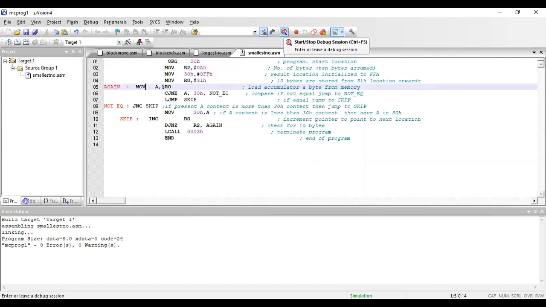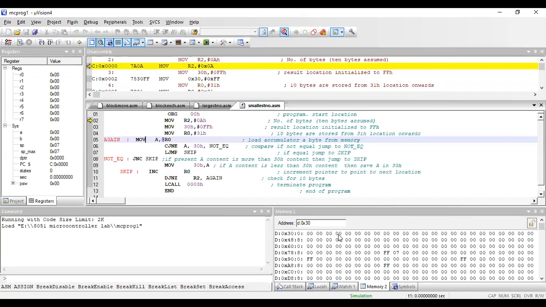Once I enter into debug mode, I'll have again the memory window, right? This time again the 30th location is there. At the 30th location, I'll not store anything. In the next 10 locations, data will be stored, 31 to 3A.